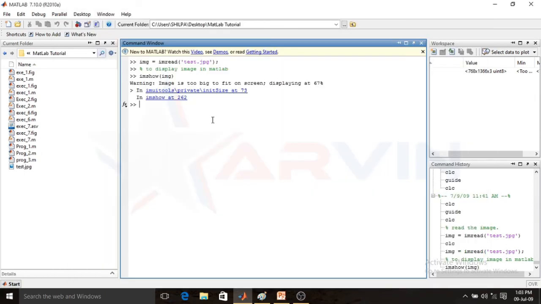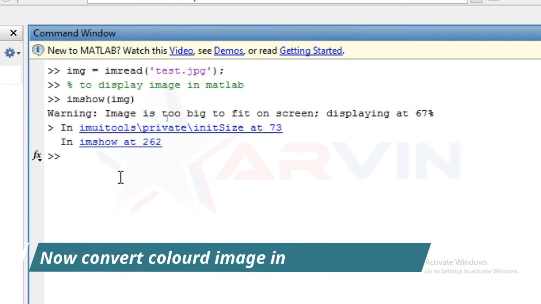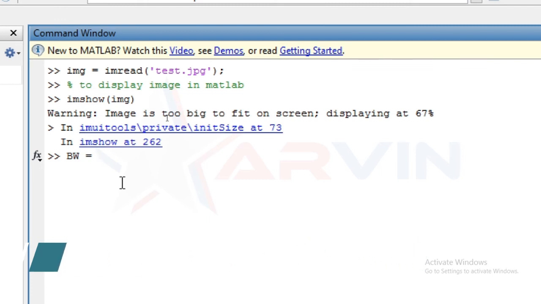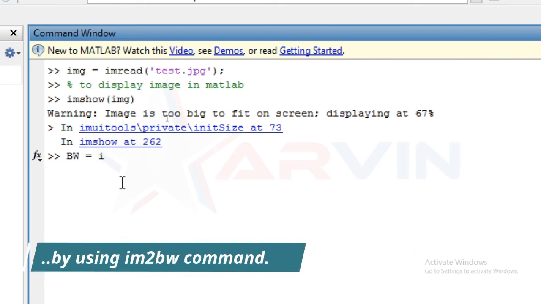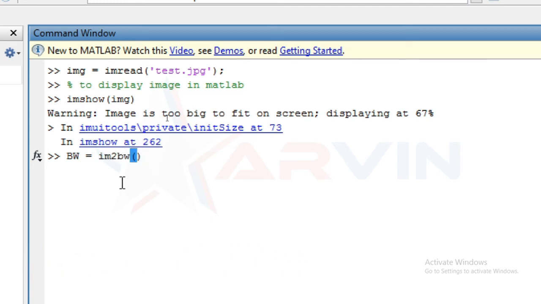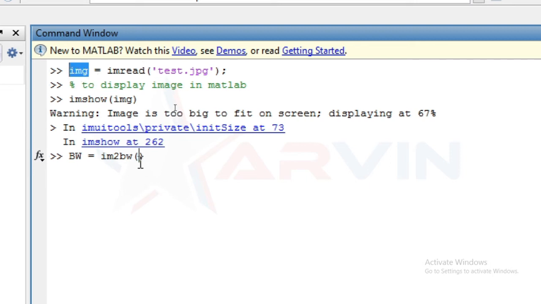Now we can convert this original image into a black and white image. So first of all we take a variable. The command to convert the actual image into a black and white image is im2bw. Now you can define the original image placed in the img variable, so I write img, semicolon, and press enter.